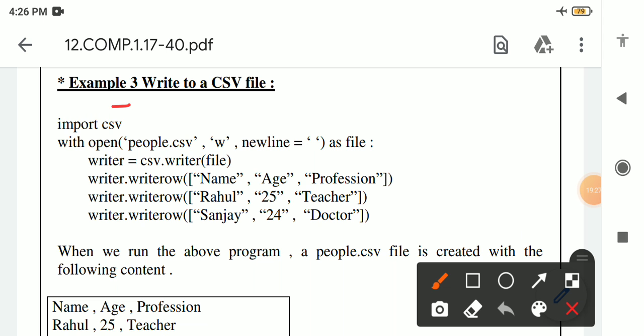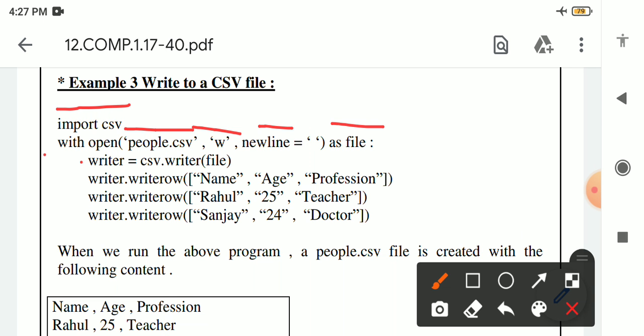First we will import the csv module in our program. Then we will use the with statement, where open is a built-in function. Inside open we will write the file name, file mode, and after that newline, assignment, space. For newline we are providing a space here, and after that as file, where file is a file object or file handle.